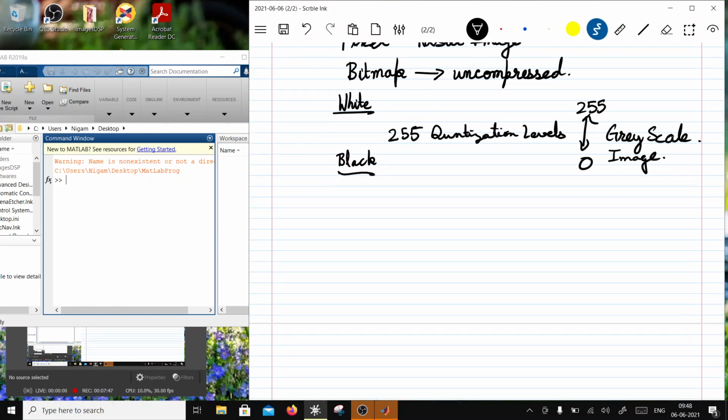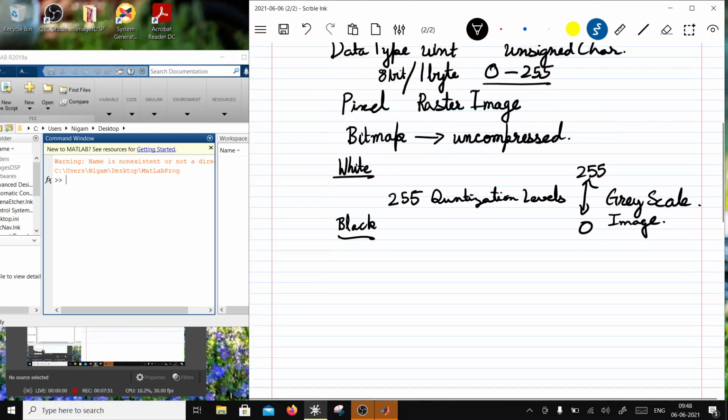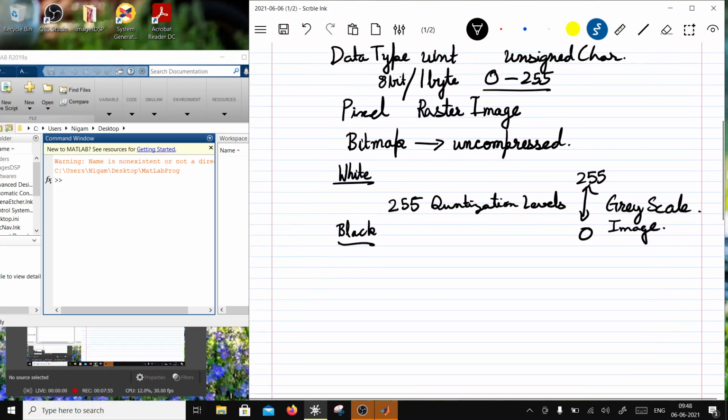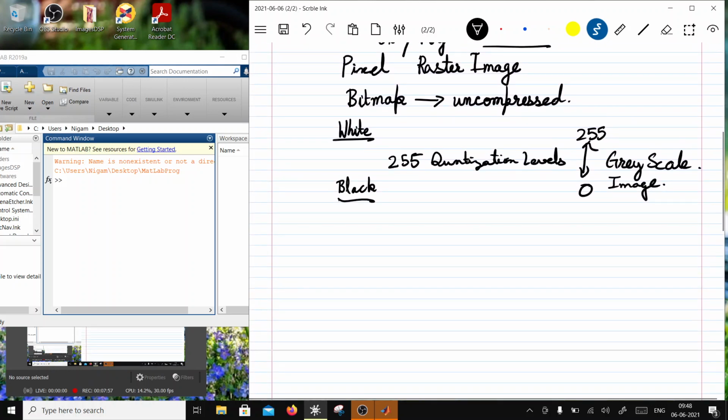Okay, so now having said that, how about making it colored? If it is a colored image, instead of using 1 byte, I can use 1 byte per primary color. So we know that color can be made from 3 primary colors. These colors are RGB.